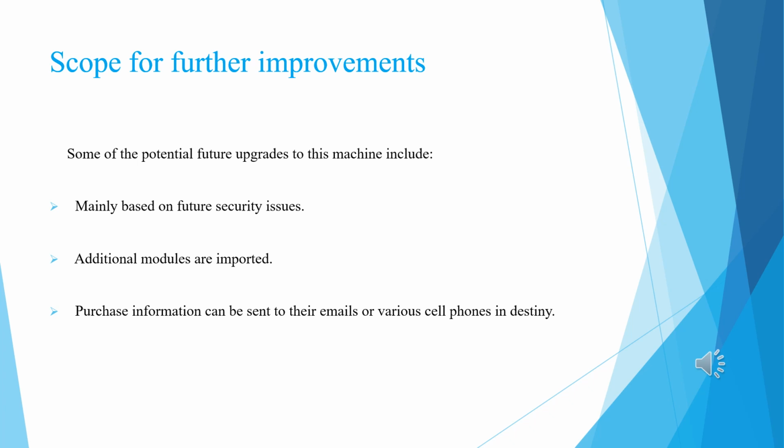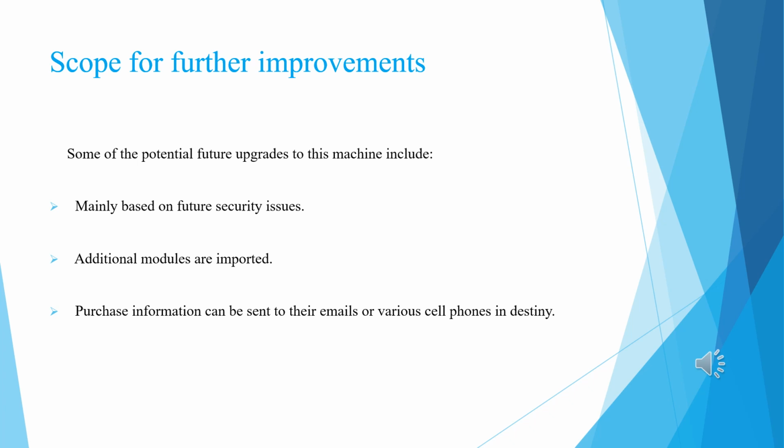Now let's see the scope of the project for future improvements. It cannot always be possible to update a system according to the user's requirement. Some of the potential future upgrades are: as the season progresses, it is possible to improve the gadget and it may vary with our favorite locations. Because the system is entirely based on an object-oriented structure, any continuous transition can be easily changed.